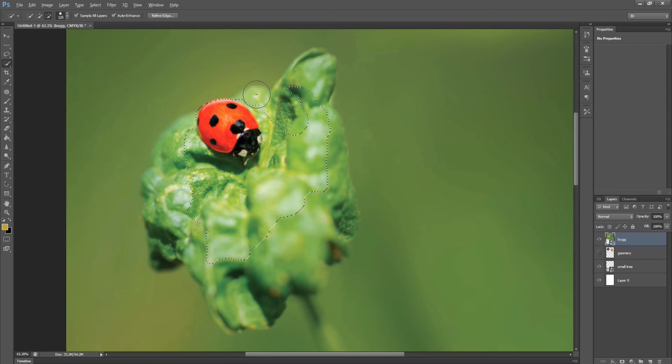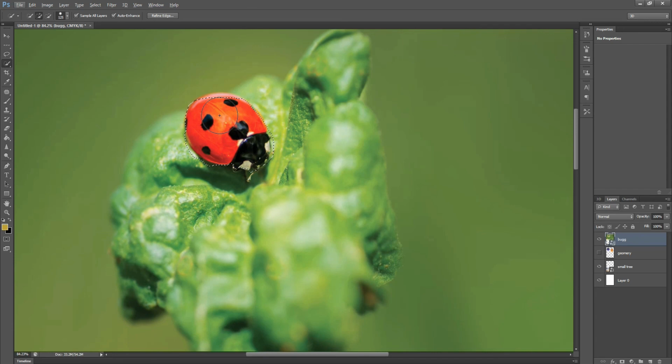It's very important, guys. We always use this method. Alt and Shift are very important when we work in Photoshop for selecting or deselecting anything. So normally we select the bug.